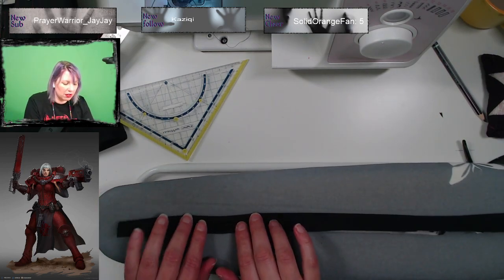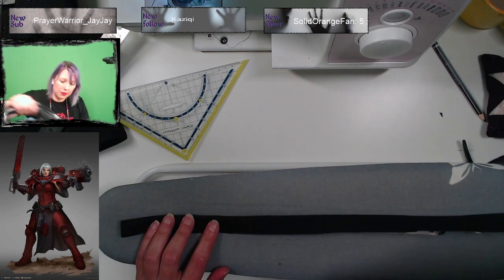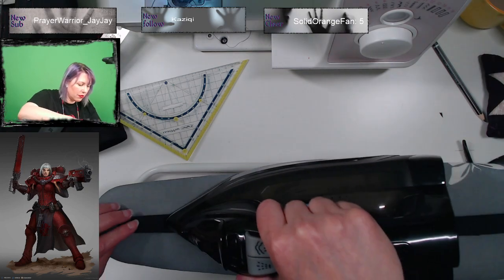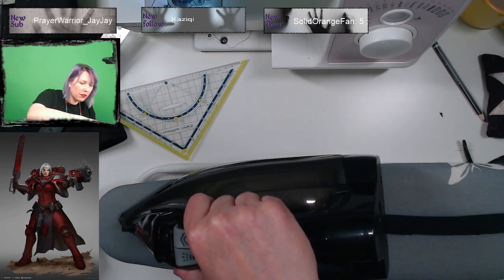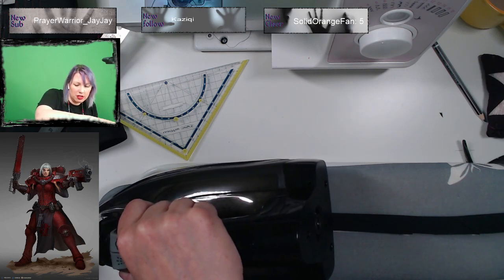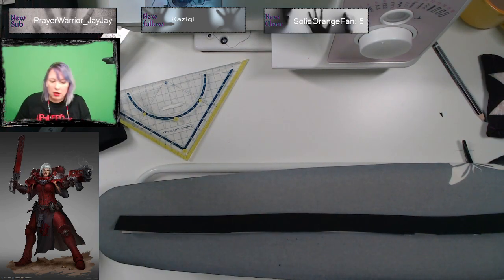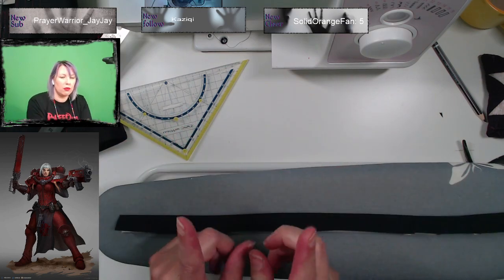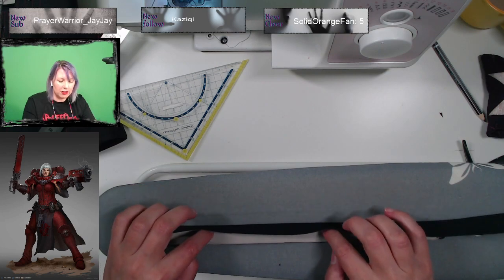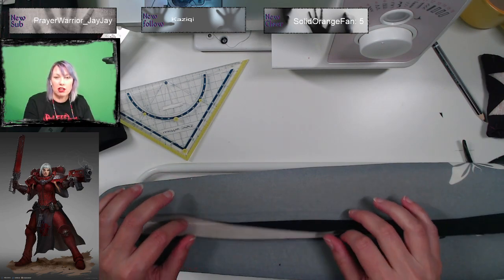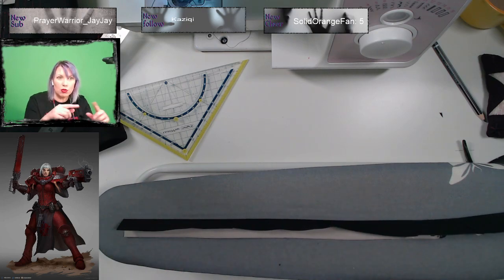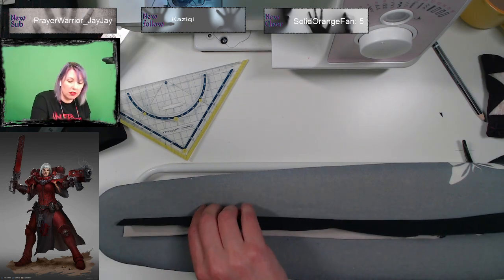Wow, my fingers. And we are at the end. Now, with bias binding, you have 4 areas. So you have, this is what's going to, in principle, sit on the edge. But then you have the 2 legs that go in that do the nice folding, so you get the nice edges.